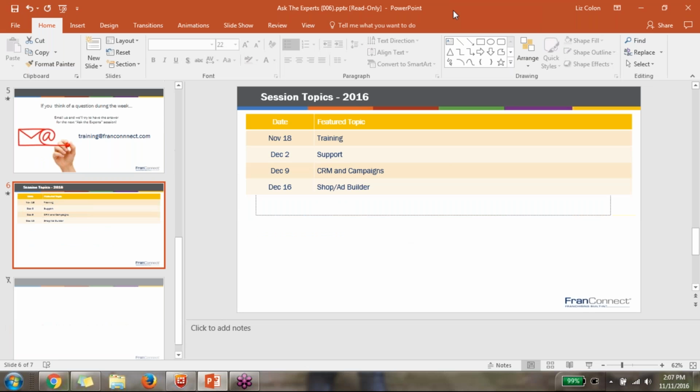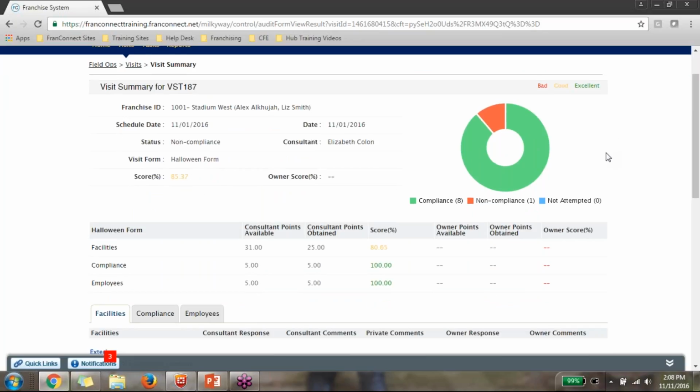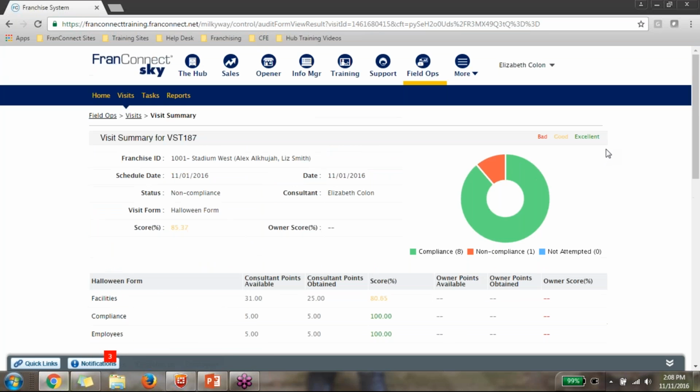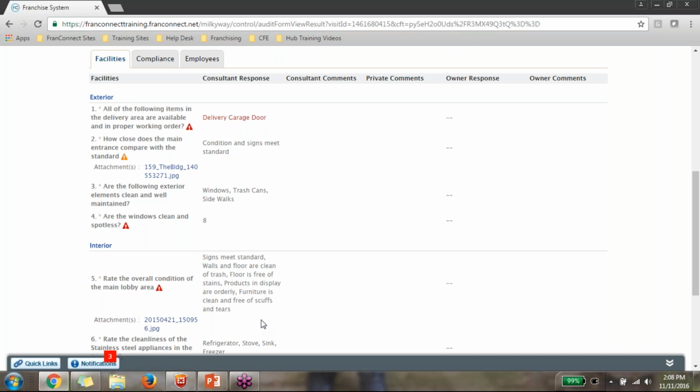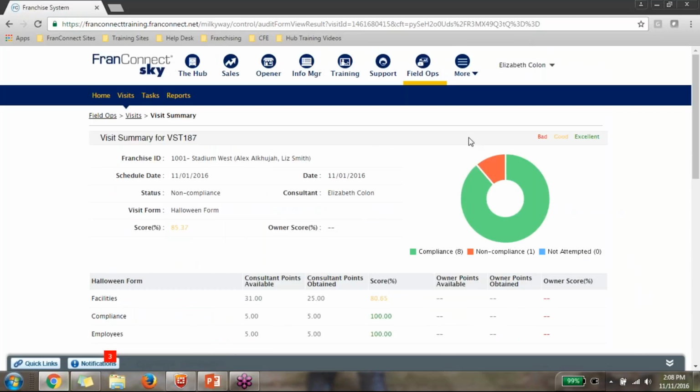All right, well, I'm going to jump out of my PowerPoint here and head on into the Field Ops module. Here you can see that we are in Field Ops, and what I have up on my screen represents a completed visit. We have gone out to our store, we've audited our store, we've asked a series of questions and gotten the responses from our auditor. We've assigned a single task as a result of this audit, and we can now see our compliance score. This is our end goal. This is what we're trying to achieve when we set up our audits here in Field Ops.